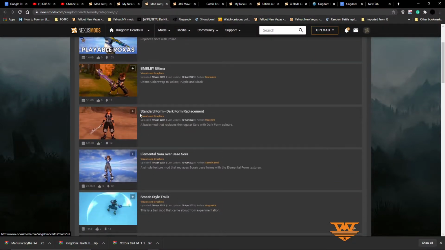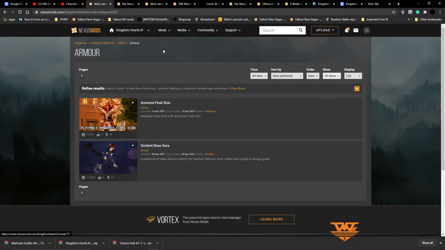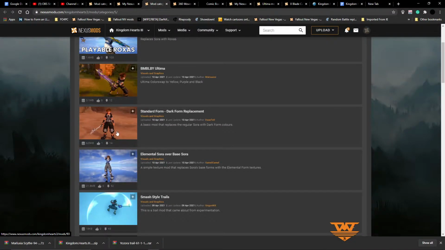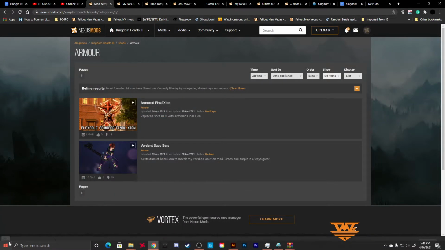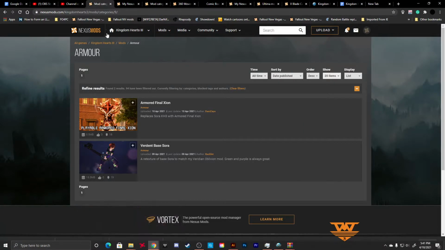Let's find another one. This is another sword reskin. So whoever put this under armor, they're not wrong for doing that. Whoever put this under visuals and stuff, they're not wrong for it either. That's technically right. So this is why I say you want to generalize anything that changes the look of something to skins. That's why I have a skins folder, and then you can